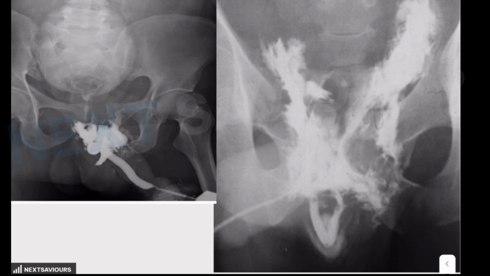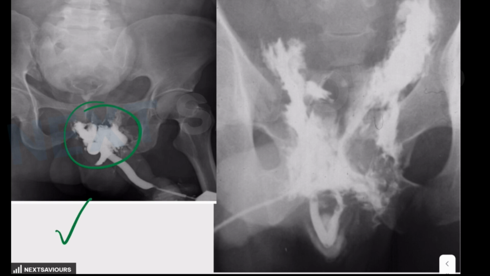Obviously, it is the retrograde urethrogram. And this imaging study is critical. It helps identify the exact site of the urethral injury and maps the pattern of urine extravasation. Like, what are going to be the interpretations in anterior type? The contrast leakage into the superficial perineal space, possibly extending into the scrotum or along the penis.